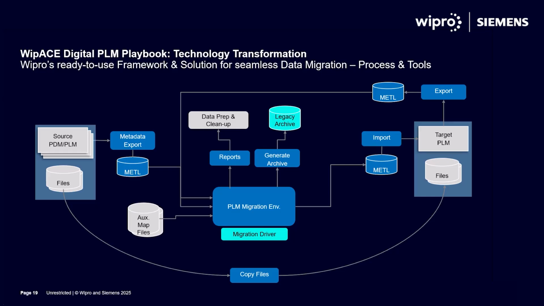This was made possible through our strategic alliance with the product vendors like Siemens, where we developed interoperable integration solutions for them, especially with the CAD ecosystem. These data migration toolkits are byproducts of such integration solutions and enable a faster data migration compared to the traditional API based approach. Archiving the legacy data with on-demand access is another key aspect, which is again addressed by the toolkit that Wipro has developed. So just to summarize, it is an important element to pay maximum attention to for the success of the program.